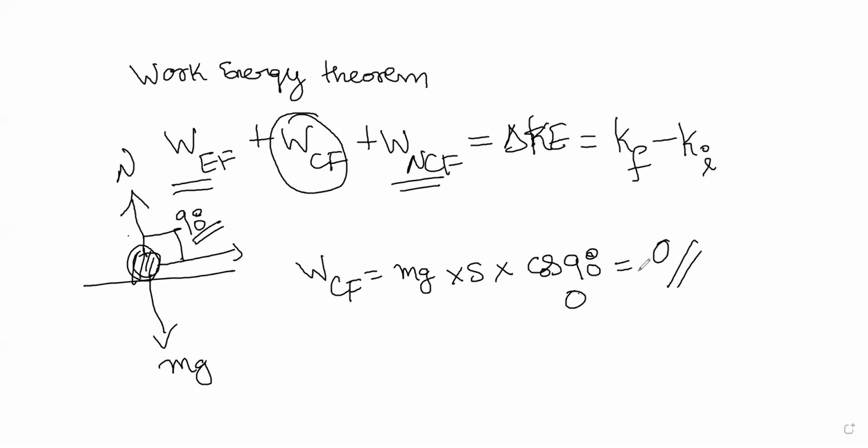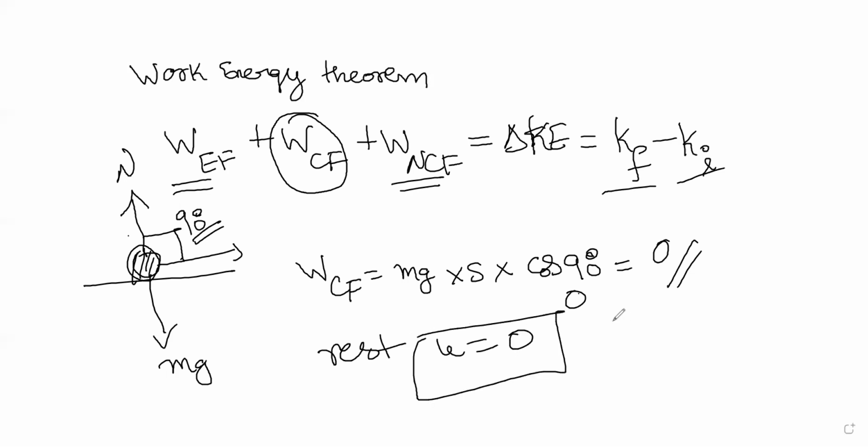That's why they asked the first part, where you had to mark the gravity and the normal reaction. We have marked that, and they act opposite to each other. Now we have to find KF minus KI. The skier starts from rest, which means the initial velocity is 0, so only the final velocity remains. We need to find the final velocity. Once we find the final kinetic energy, we can find the final velocity.